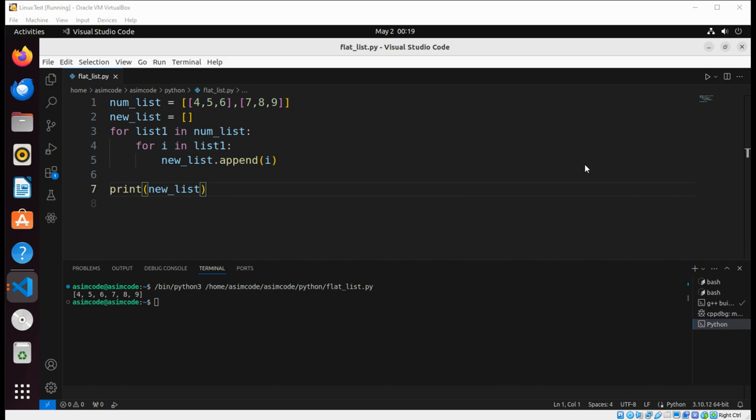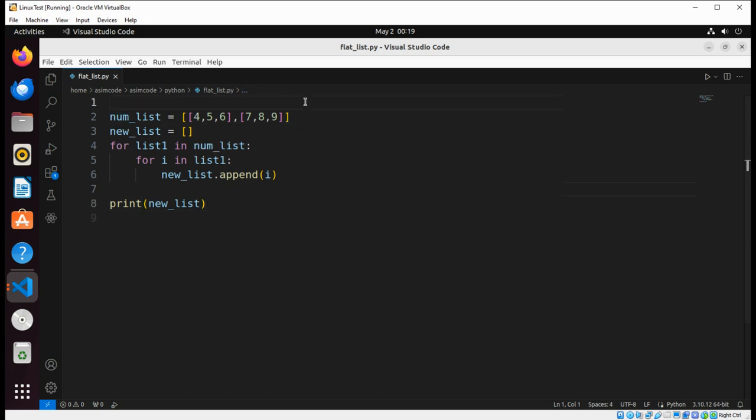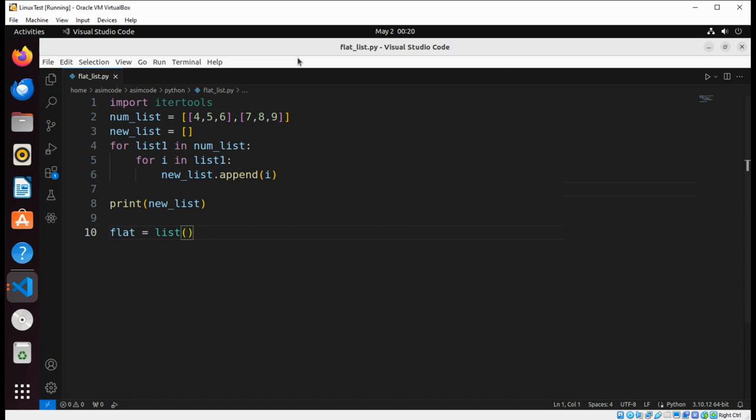Now we can use itertools. So let's try that. We need to import itertools. And we already have our list, num list, and this will be our flat list. So we are gonna call list, and inside list we are going to use itertools chain